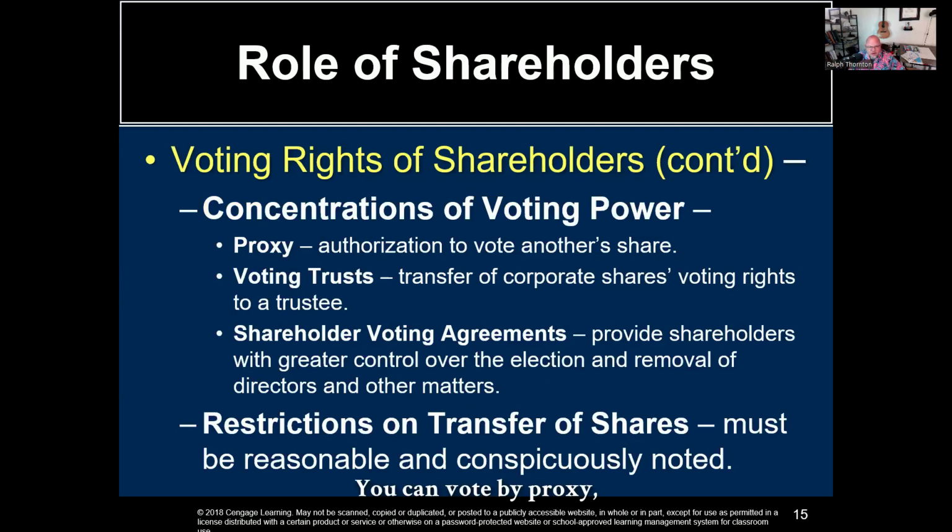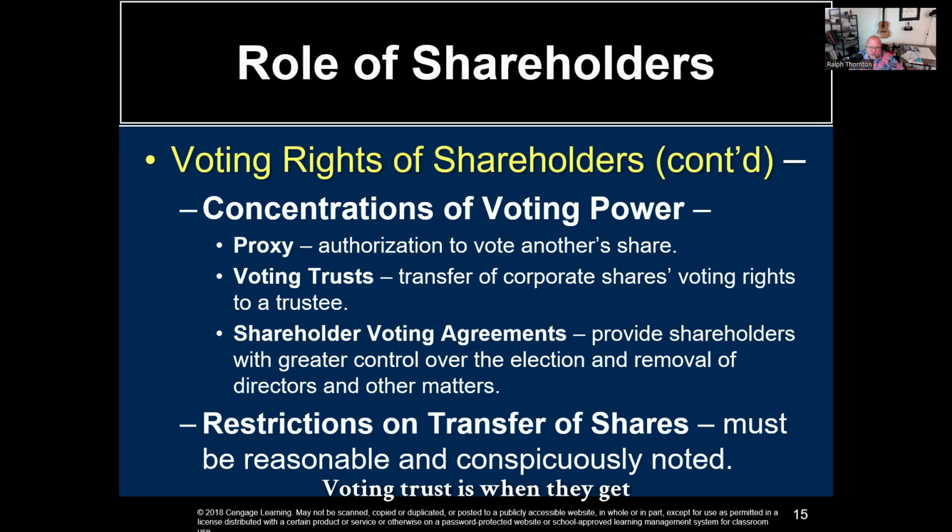You can vote by proxy. You can use voting trust or shareholder voting agreements. Proxy is someone else voting. You give them the power to cast your vote. You're signing that power over to them. Proxy is basically someone standing in for you, doing what you're not available to do at the time, based upon